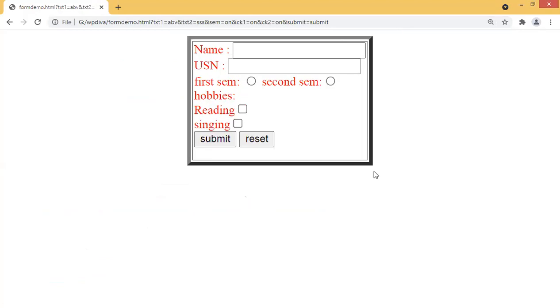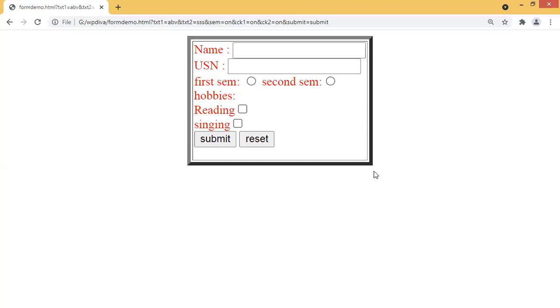So for the form, you cannot add a border using HTML. You can add a border to the form tag using CSS, right? So this is one drawback of the form tag. You cannot add any borders or colors to any of the form elements. You can change the form borders by using a table tag, or you can use one more feature, which is called CSS, which I will be starting from tomorrow, right?